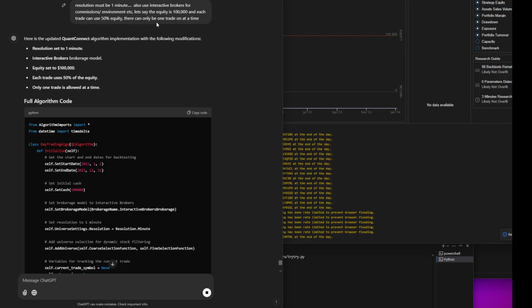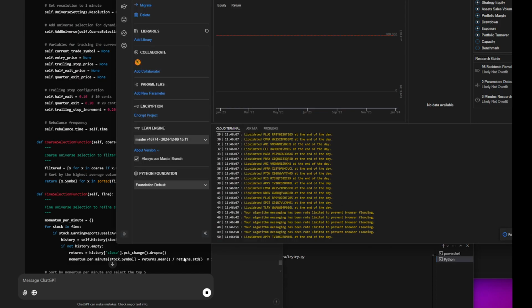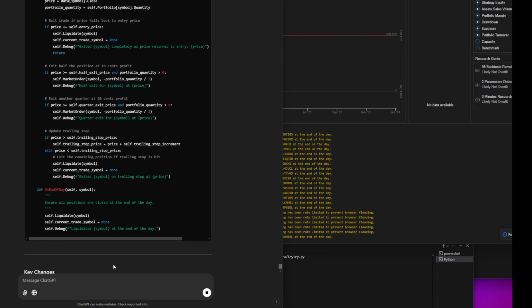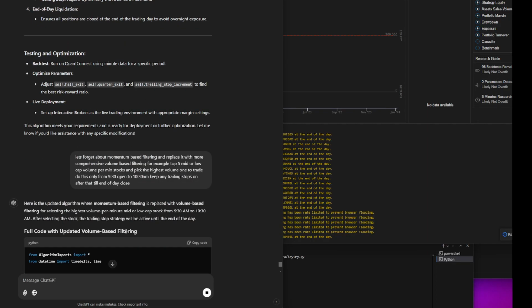environment, etc. I said that the equity would be about 100%, and then each trade can use about 50% of that, and there can only be one trade on at a time. And then that didn't give any results at all. So I said, okay, what we'll do is we'll change the momentum filtering to